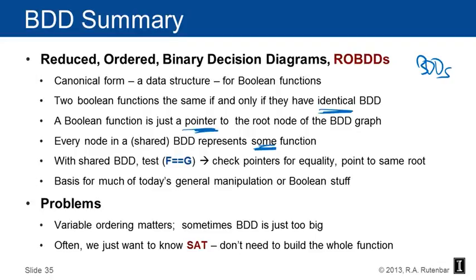The problem is that variable ordering matters, and it matters a lot. It can be the difference between needing 1 million nodes of BDD and 2 to the power 100 nodes of BDD. And sometimes the BDD is just too big and you just can't build it, which leads us to a whole other class of